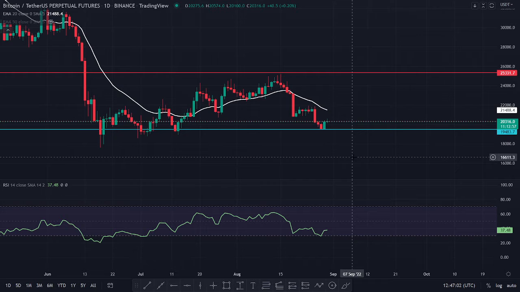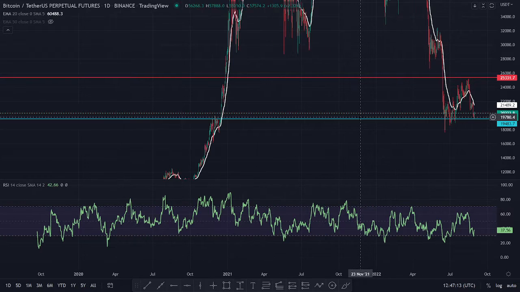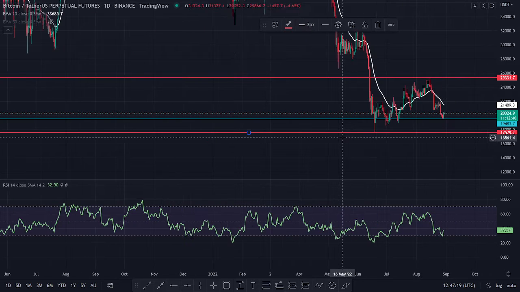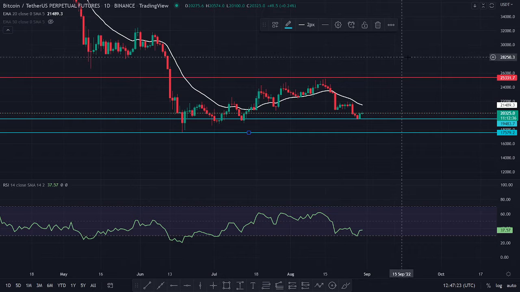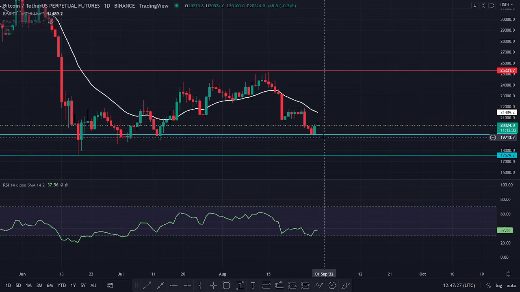Now, to the main question, what will exactly happen if Bitcoin breaks below the support level? All right, let's see. If Bitcoin possibly breaks the support level, which possibly is actually the trend, you can expect Bitcoin to go to the $17,000 mark, $17,600 mark right here. So this is going to be your next support level for Bitcoin right here.